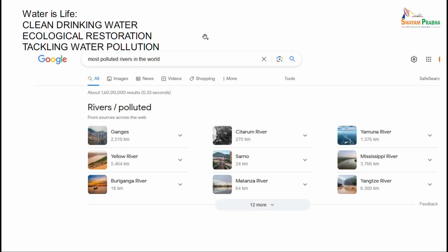The last thing I'll touch upon, though it's very important, I didn't have time to, is you just Google most polluted rivers of the world. Unfortunately, that's what we have done to water. Water is highly soluble, likes to hold different things, and the Ganges and Yamuna are among the ones which top. And this is a very important practical problem. I didn't touch upon any of these things. How to purify this water.